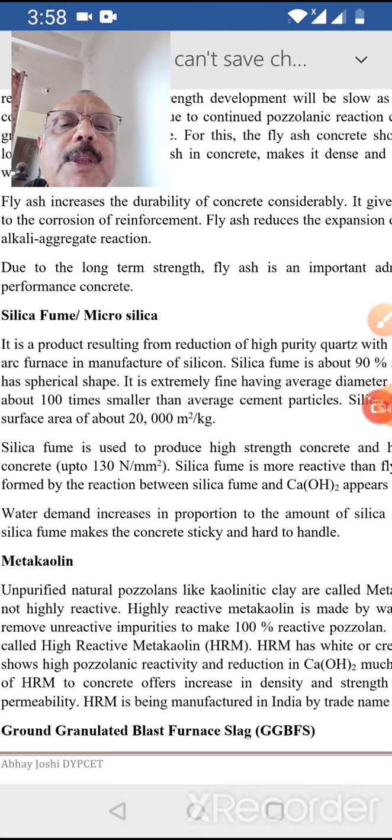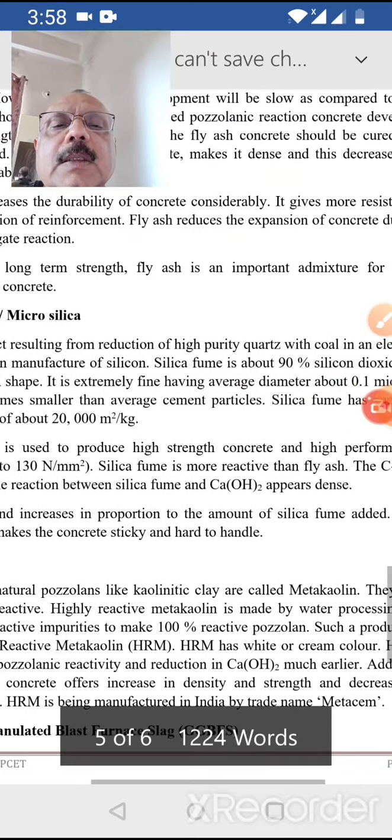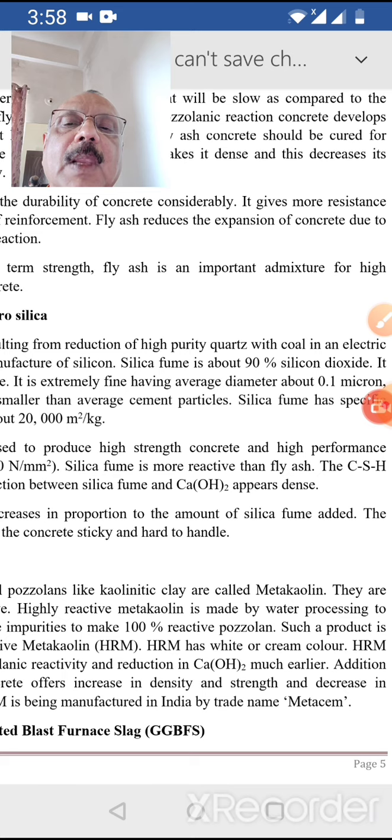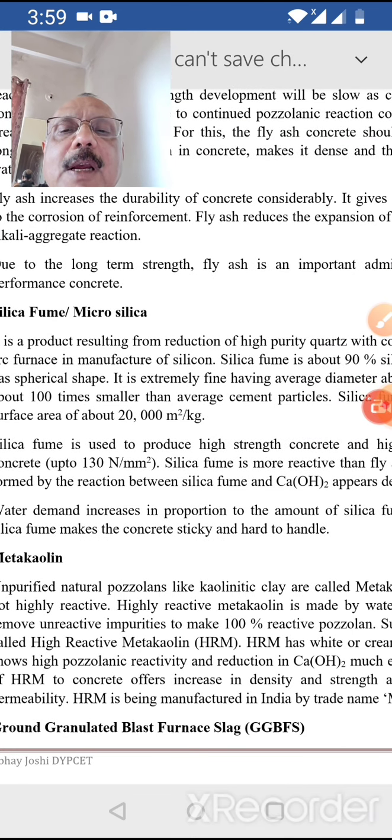Now silica fume is about 90% silicon dioxide, that is SiO2. Now this SiO2, very fine SiO2 or silica oxide, it is spherical in shape. It is extremely fine, having average diameter